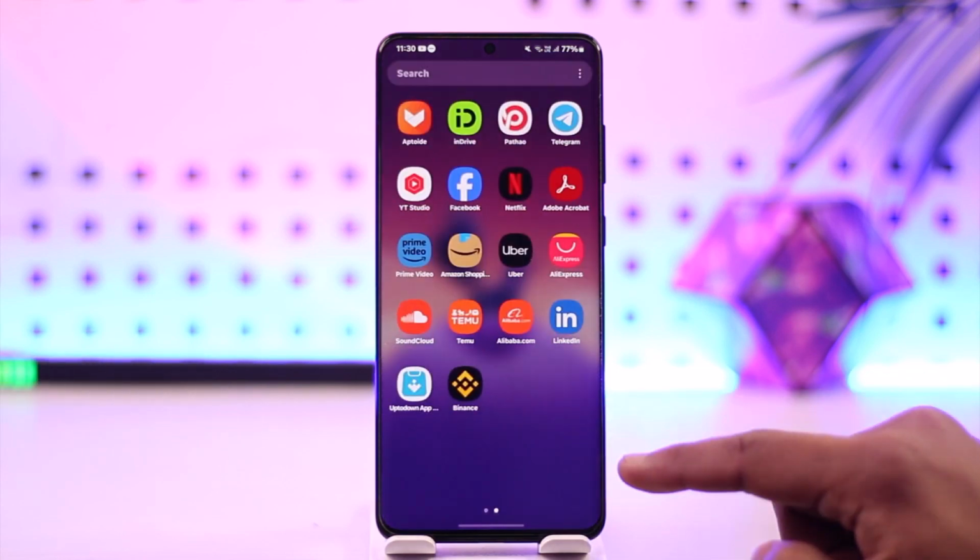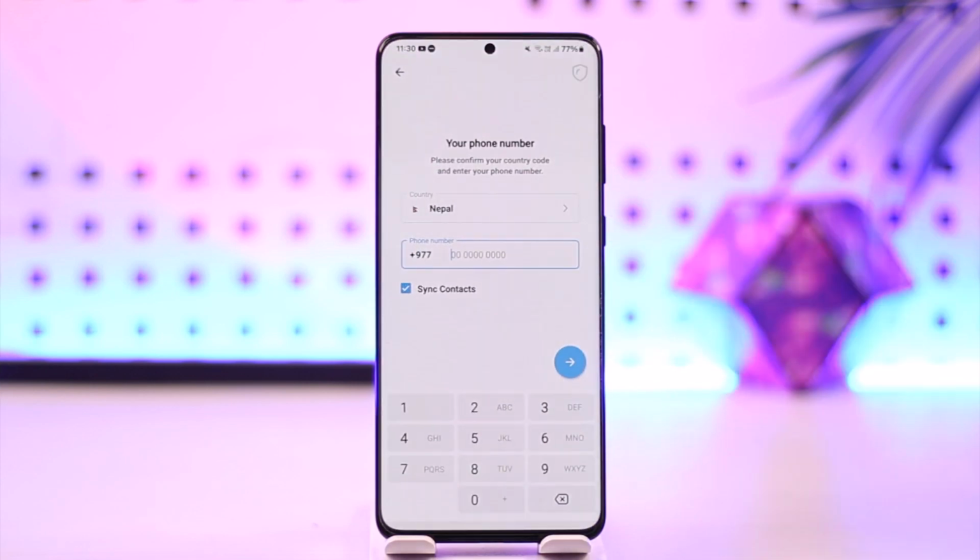All you have to do is go ahead and first of all launch the Telegram application here. You can see right off the bat, whenever we launch the Telegram app, the very first thing it asks me to do is to simply enter my phone number. So as you can see, currently there is no way that we could create an account without a phone number. You will need a phone number, but if you don't have a real phone number, there is one thing